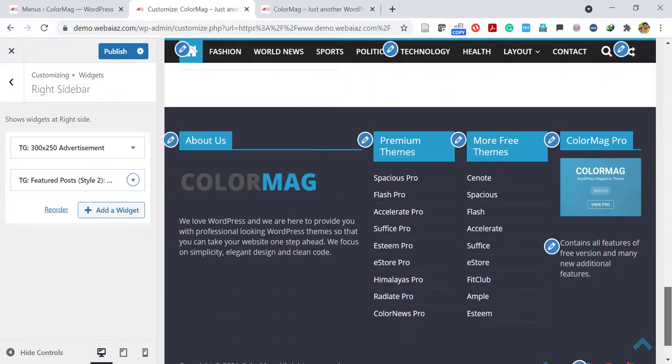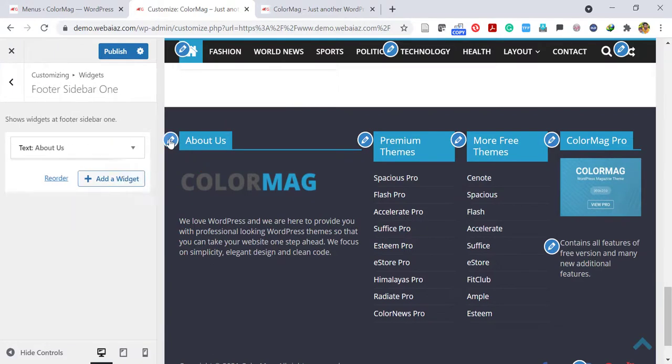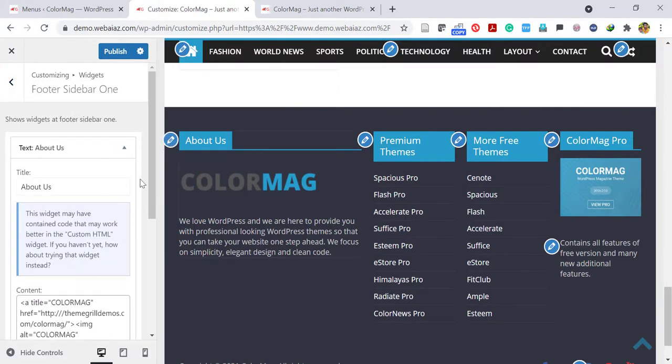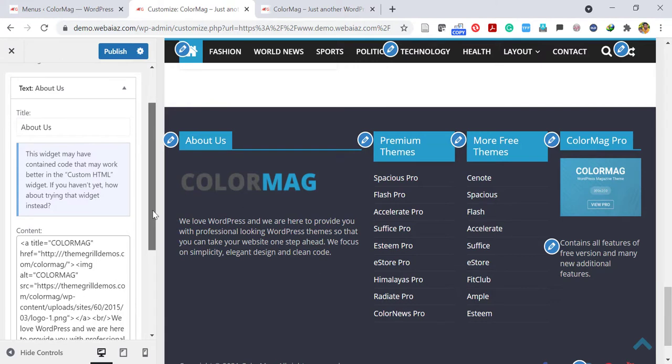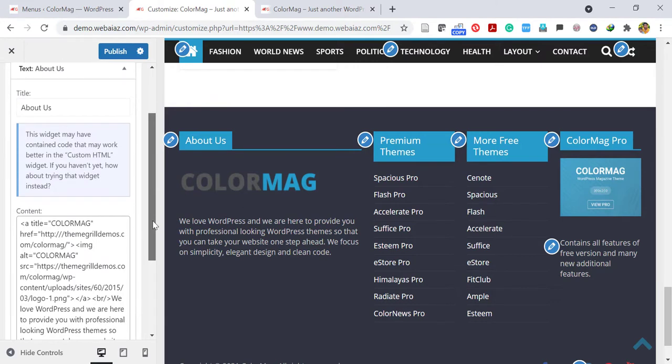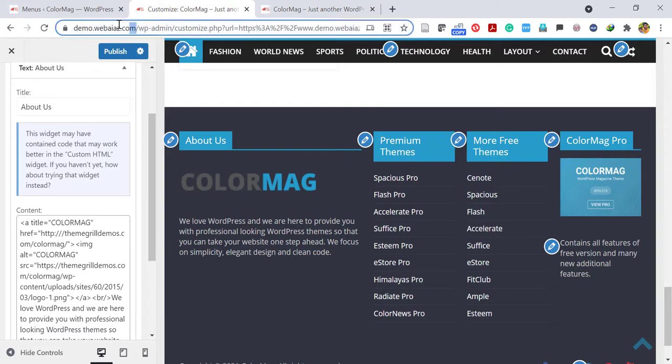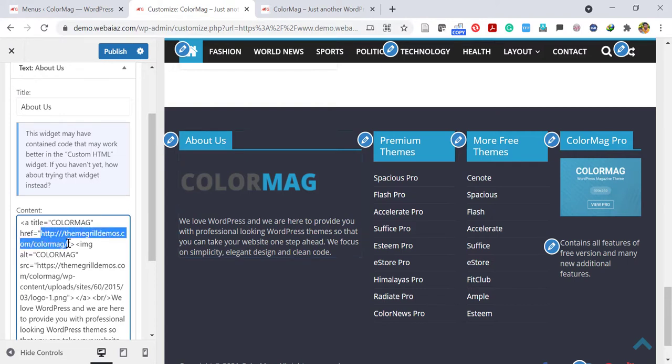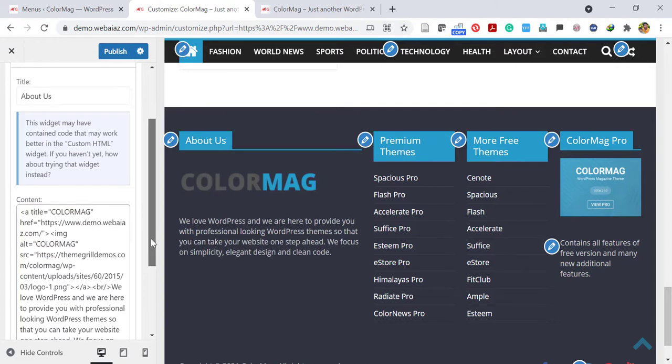Let's come to the important part, that is footer editing. If you want to edit the about us, just click the edit indicator and it will open up the about us contents. So here, if you want to add the clickable menu as your website's menu, just remove the team grill link and put your website's URL.